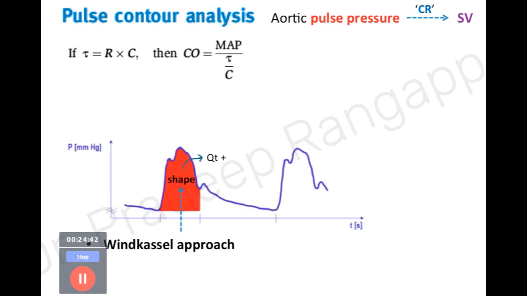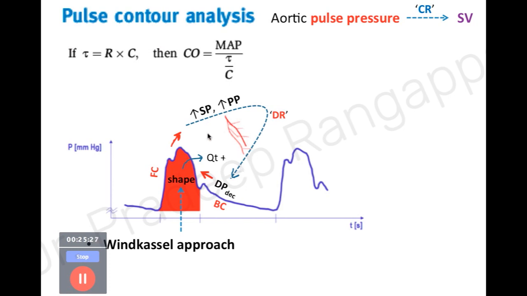The way it happens is this: this is the waveform of the aortic pulse pressure that you would build, and by using the Windkessel approach you capture this area and take it as a measure of stroke volume. Again, this shape, as we saw in the first physiological part, is determined by your forward compression. This particular curve determines the forward compression. This is the peak systolic excursion, and this is the backward compression. You take these into consideration and derive stroke volume by capturing the area, because the area under the curve is determined by the forward compression, backward compression, and the peak systolic excursion.